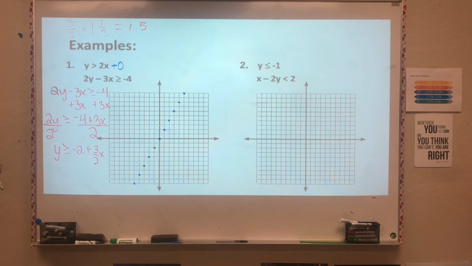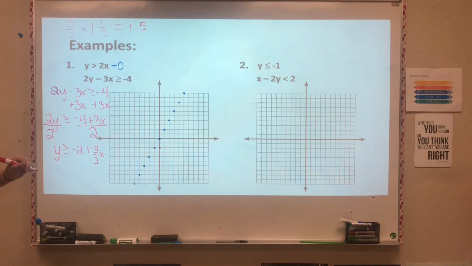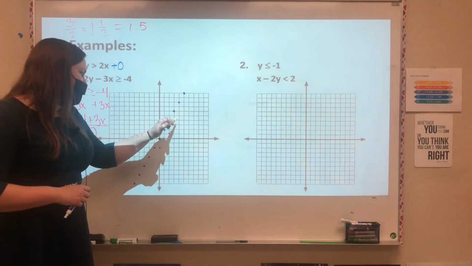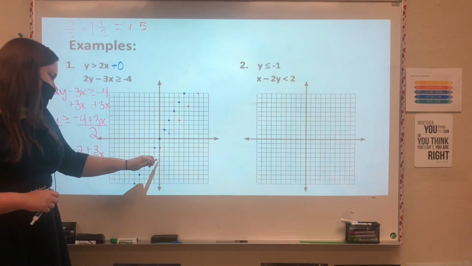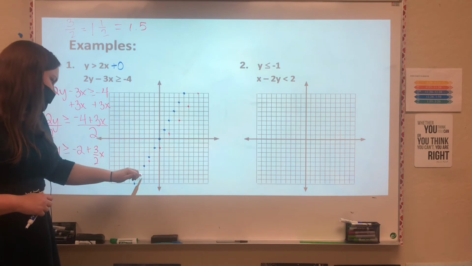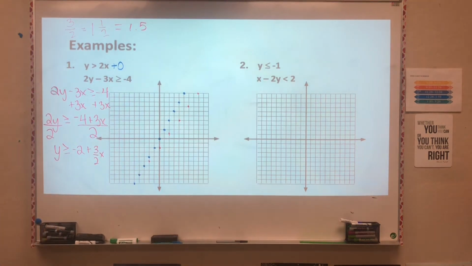So you start at -2, and you go up 3 over 2 each point. Yep. And then I could always do the opposite, down 3 backwards 2. Okay. When we go to graph this,